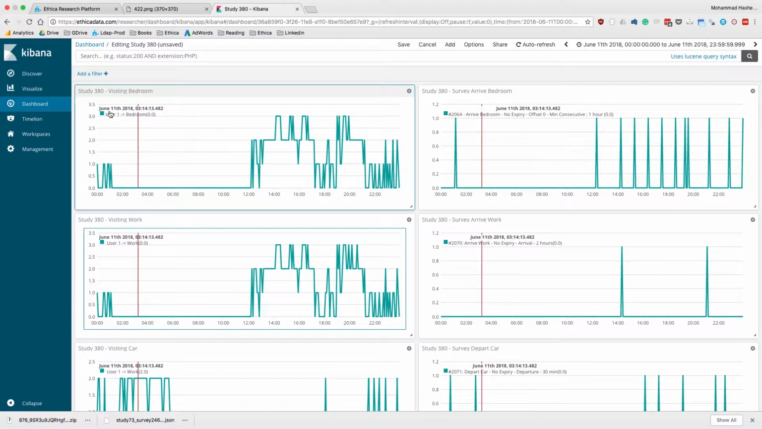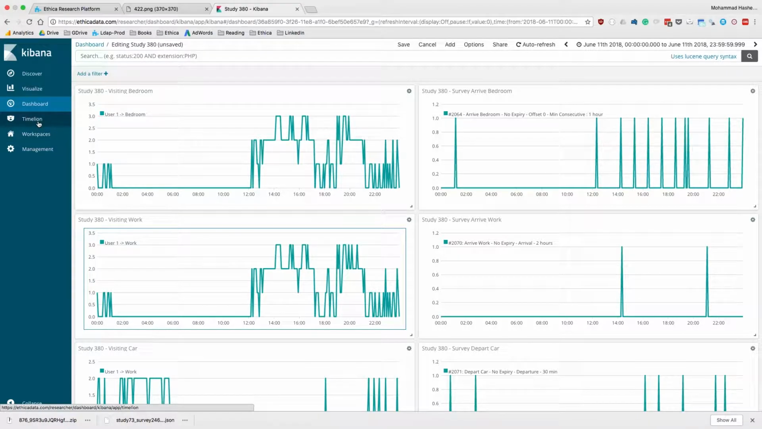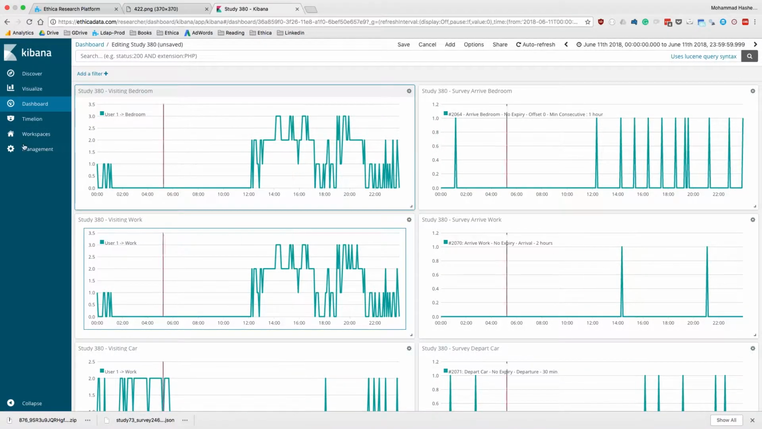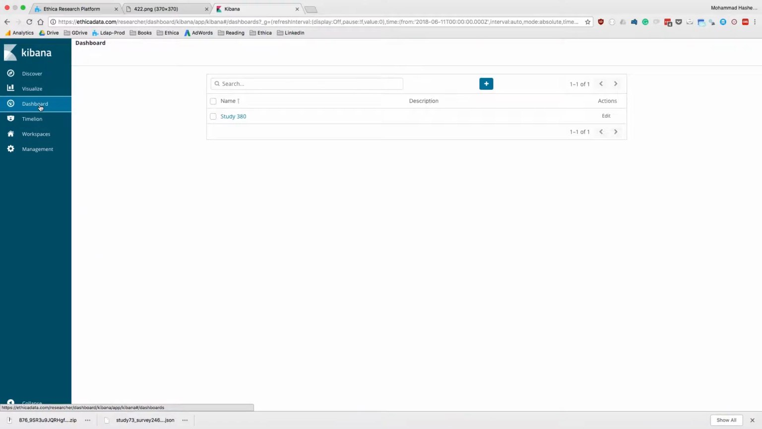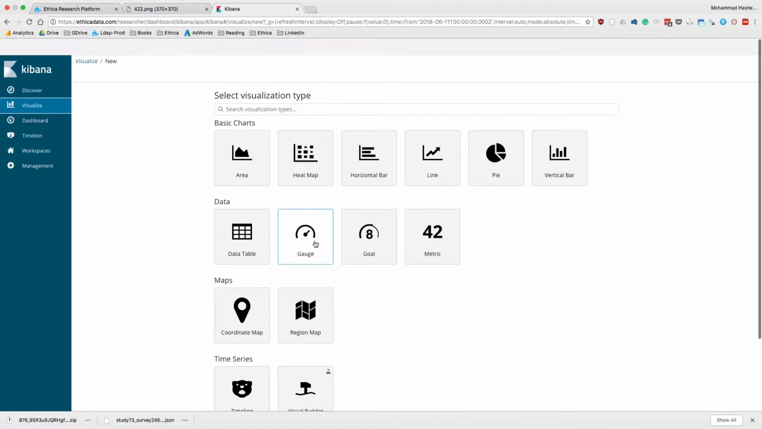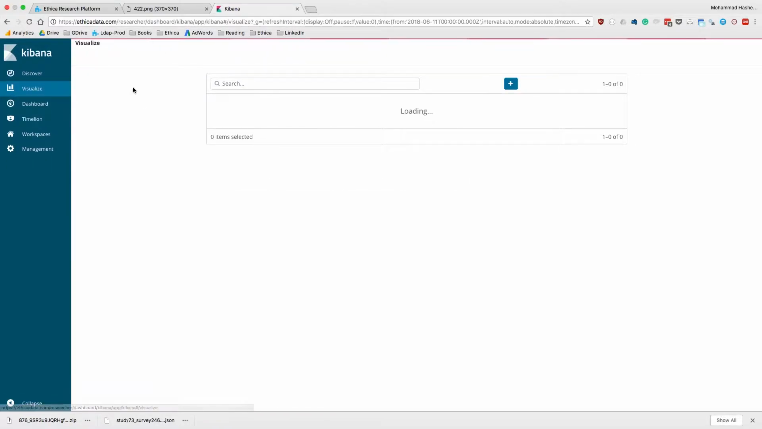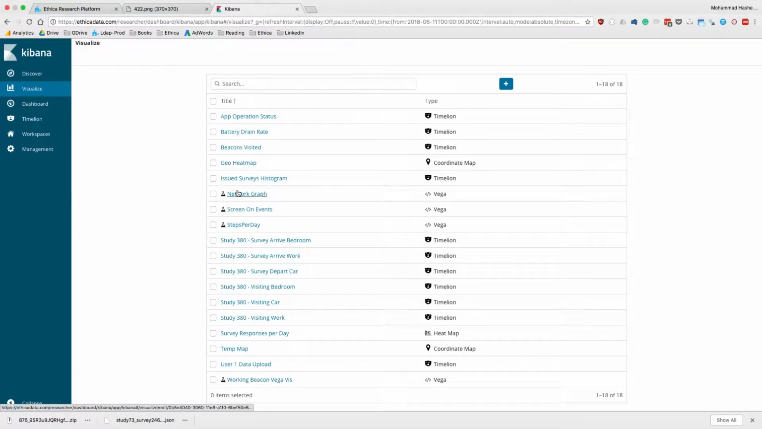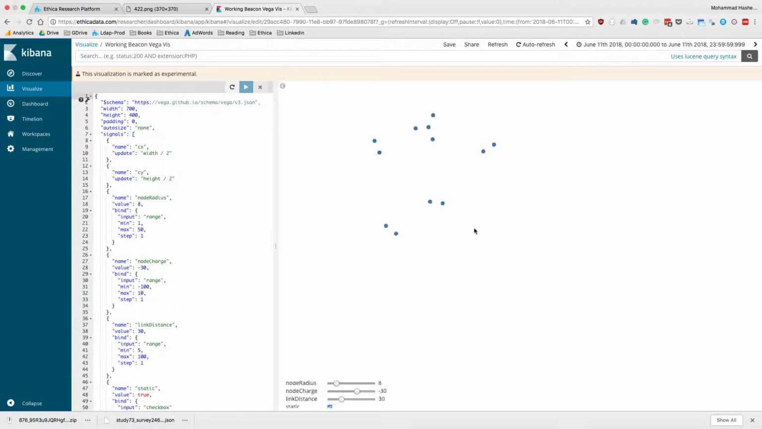So this is one example of it. Any questions so far before I close this? So again, when you create these things, you can add them to dashboards, and then you can share the dashboards with others. And one other visualization you can create is based on the beacon data, for example, but